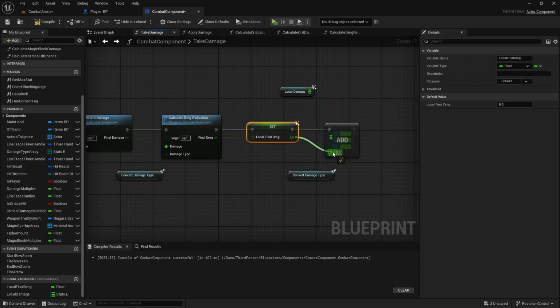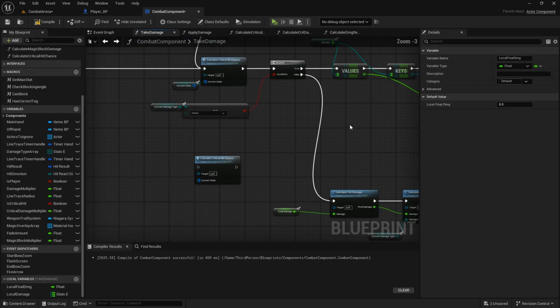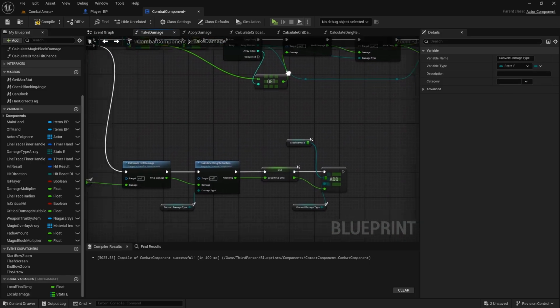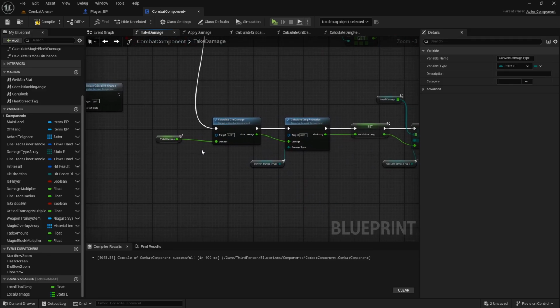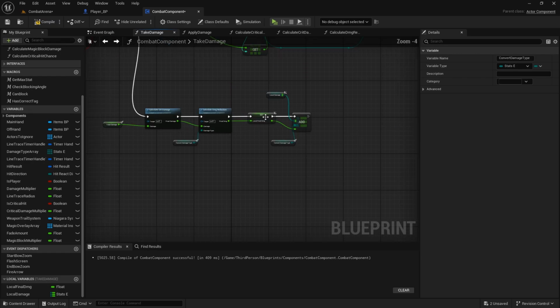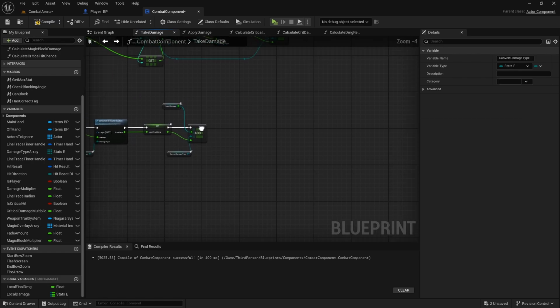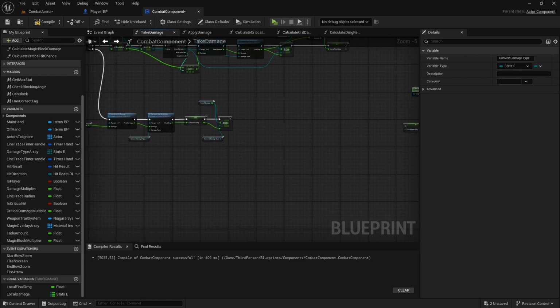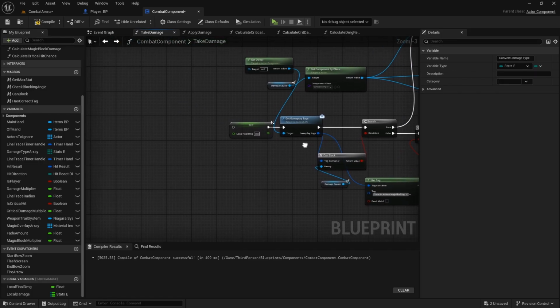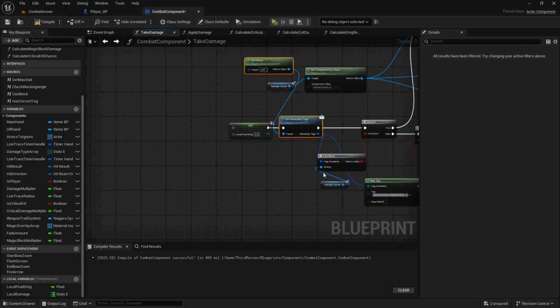Okay, so if it's true, if it's the default, we don't need to convert it, so we need all damage types. If it's false, if we are converting it to one damage type, we will convert it, calculate it, and add it. Now we do have this array and local final damage. So what we want to do after is we do have this get gameplay tags. So get owner, get gameplay tags,